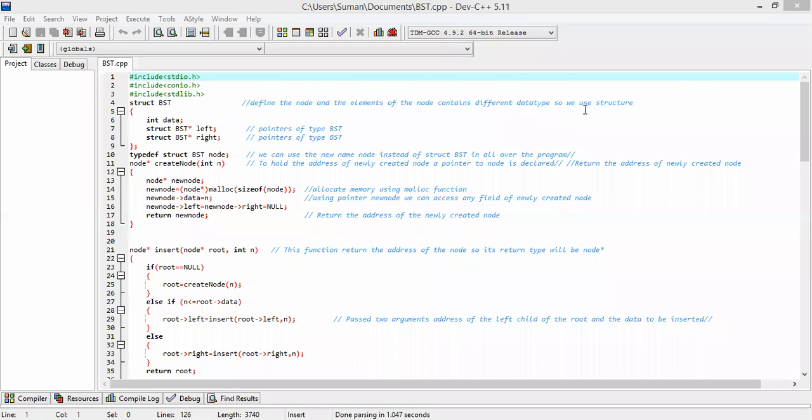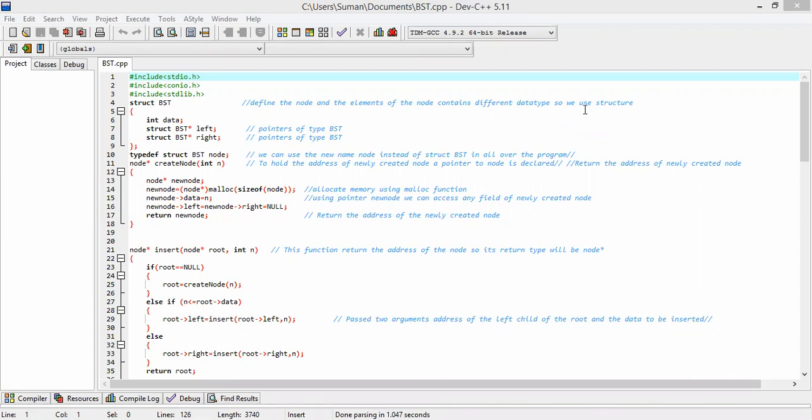I have to declare the node first, and for declaring it, I use the structure concept, because a structure can store different data types.